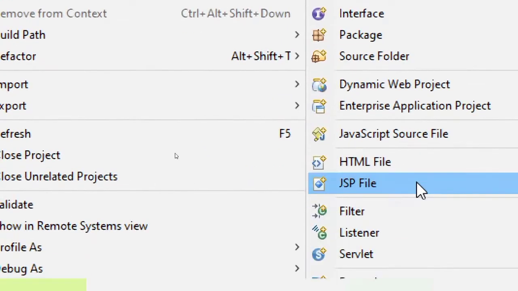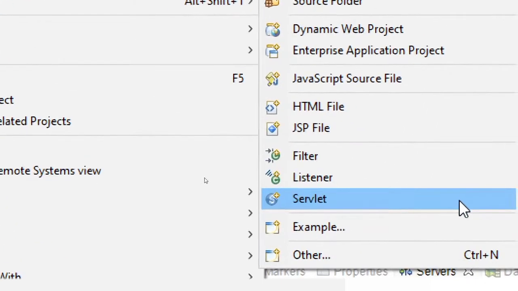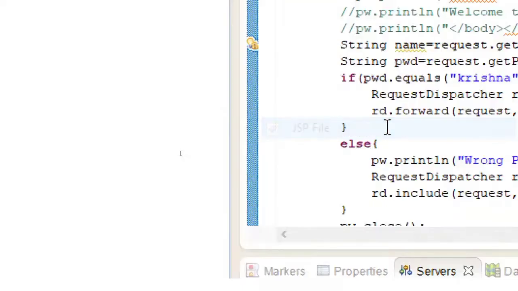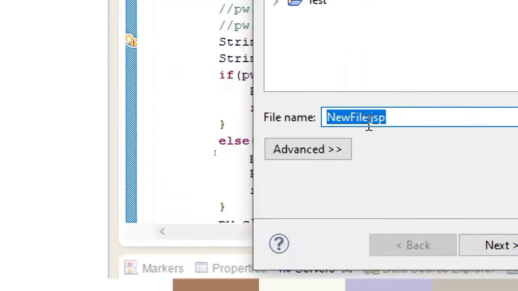So here you can find JSP file. I already mentioned this in the last session also. If you don't find it here directly, go to other. There you can find web. Under web you can see all the web components. So click on this JSP file, and by default